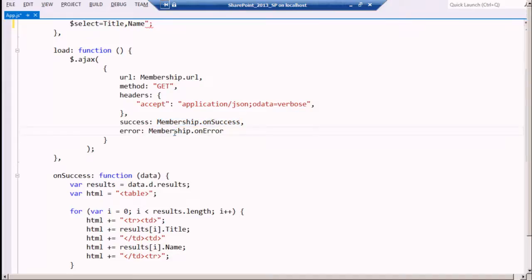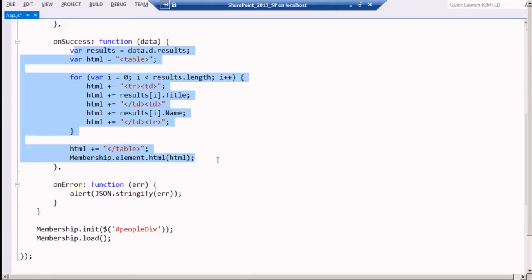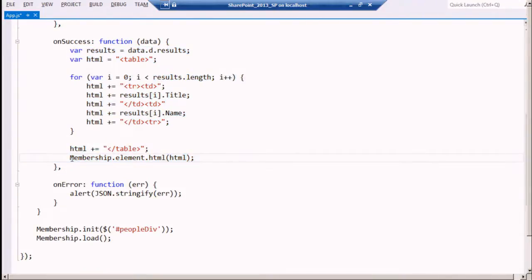So you have to provide success and failure functions. And here are my success and failure functions. And basically what I do when I succeed is I just hammer together an HTML table that has the results of the call. And then I use a little jQuery to just set the inner HTML of it,